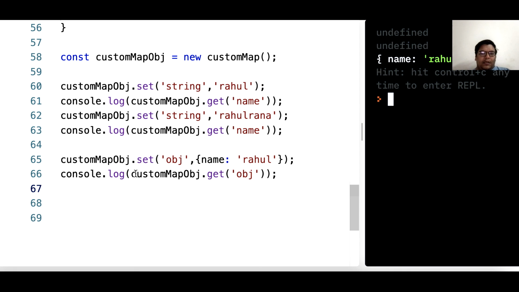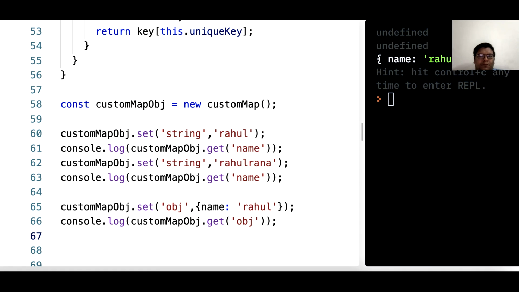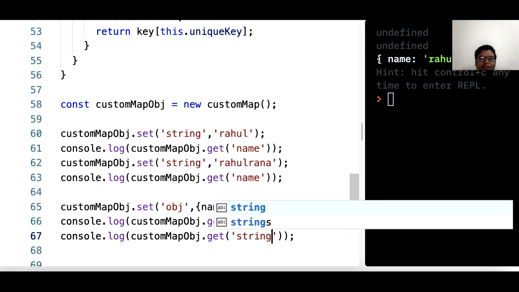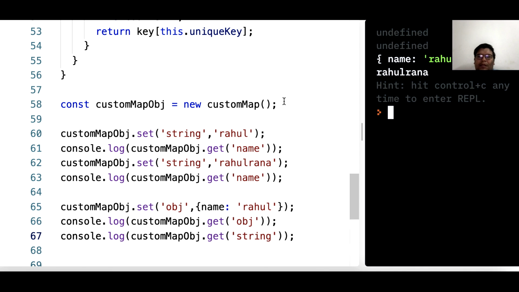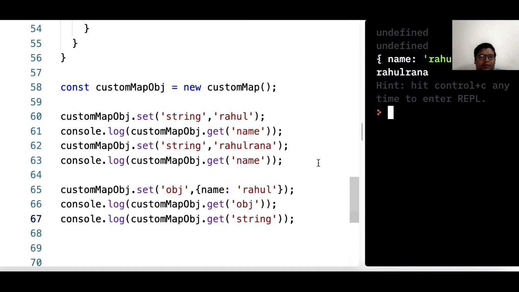Oh, that's interesting, the first two are now getting undefined. Yeah, let's try to do it at the same time, string. Let's see what we will get. Yeah, it's working. We can see that we are still getting Rahul Rana. So it's working, as we can see.